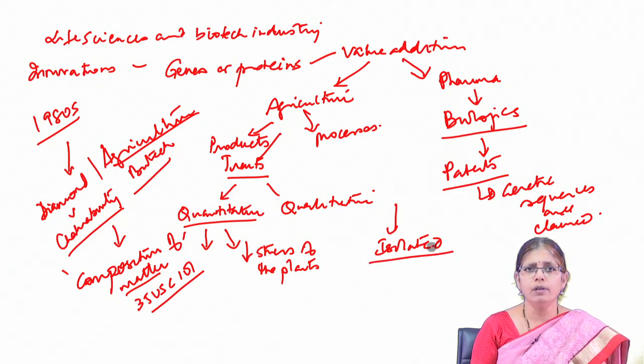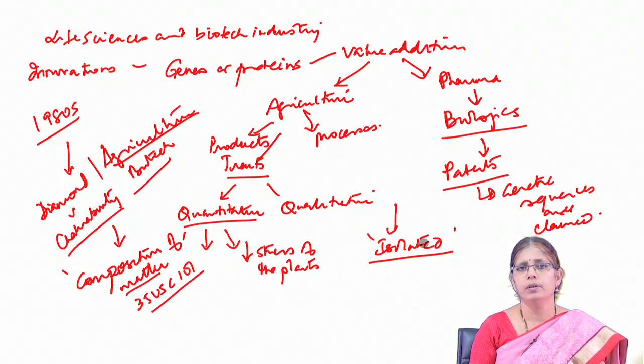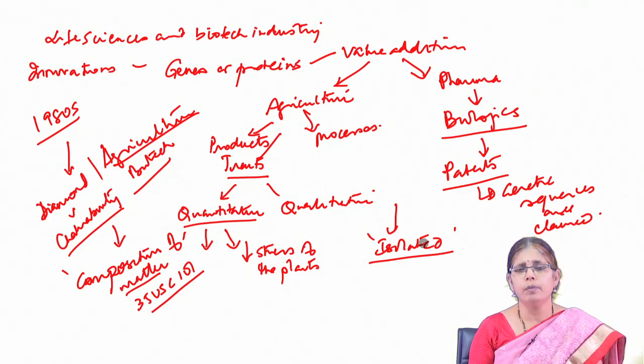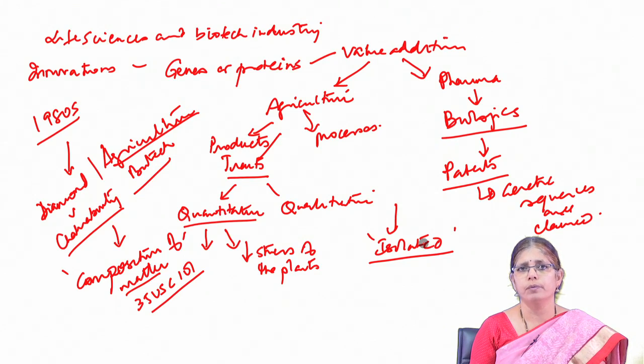So, in all claims in patents in relation to gene sequences, the word isolated demarcates the context of what is nature versus non-nature. This fundamental understanding is important for us from the point of view of understanding patenting in relation to